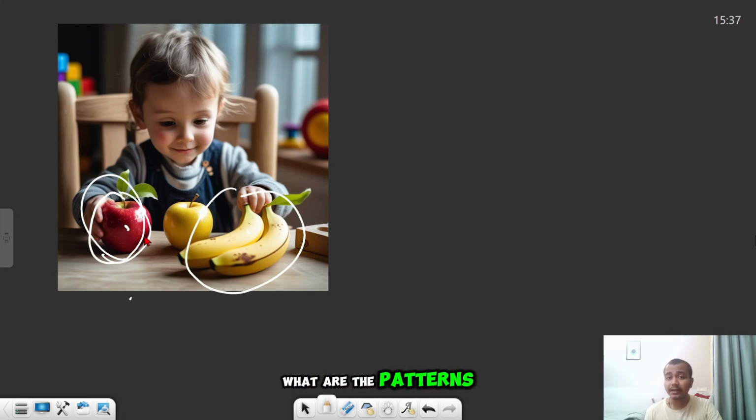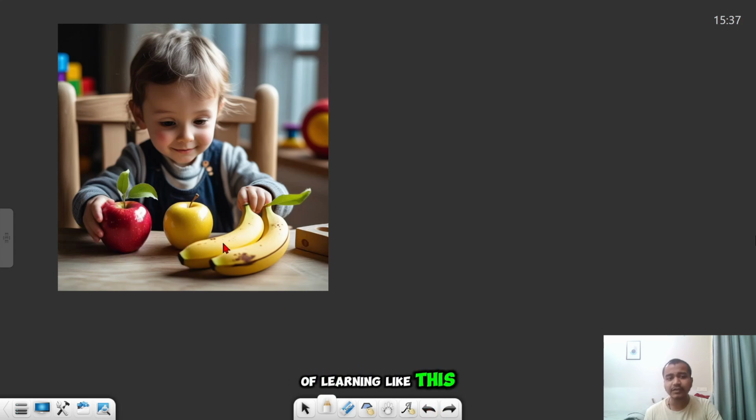And what are the patterns present in telling that this is an apple? It has a somewhat circular shape. It is red in color. This is a banana. It is somewhat L-shaped and it is yellow in color. Now, what is the benefit of learning like this from the data? Here, as you can see, there is a yellow color apple. Actually, there are no yellow color apples.